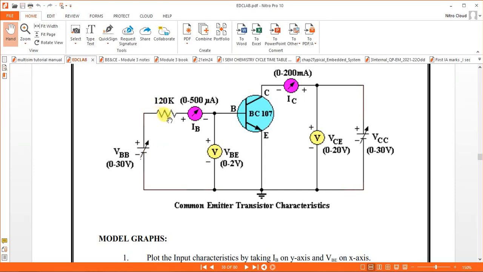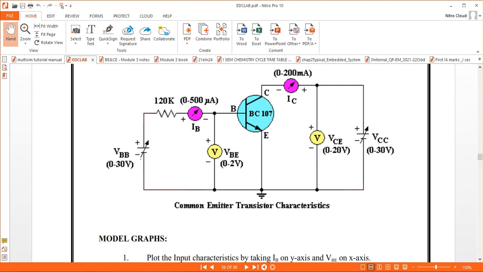Okay, that is optional. If you want, for the first experiment, I think without that I will do the variation of VBE versus IB. I will show the diagram, and after that, I will conduct the experiment. So I want three things: one transistor, one resistor, and two power supplies. Okay, so I'll rig up the circuit.